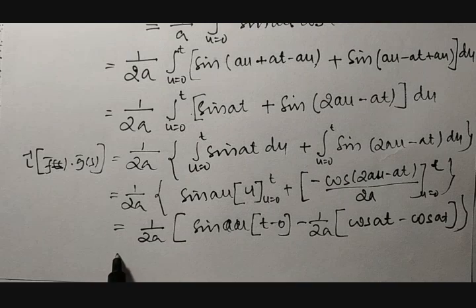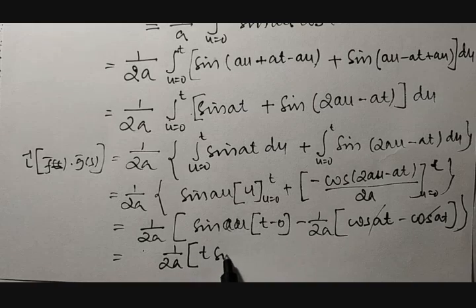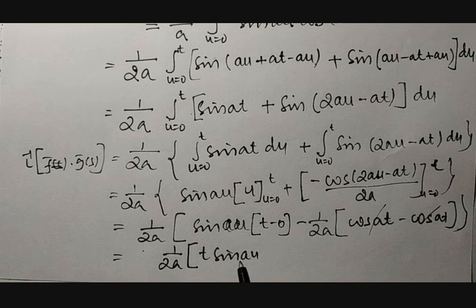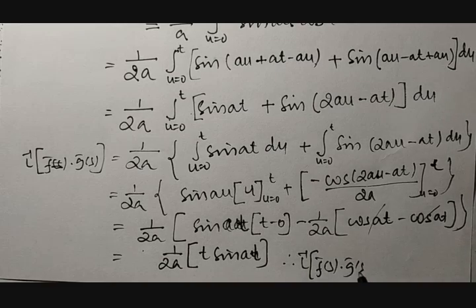Finally, this is equal to 1 divided by 2a. Here cos at is gone. Therefore, 1 divided by 2a into t into sine at. Therefore, Laplace inverse of f bar of s into g bar of s is equal to t into